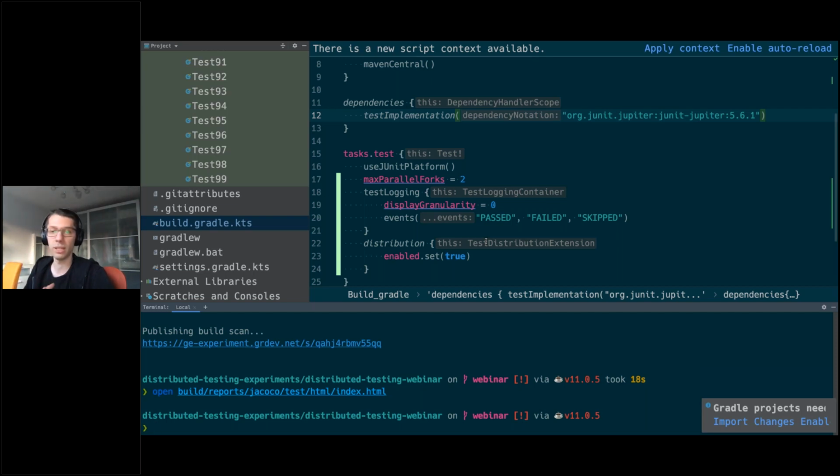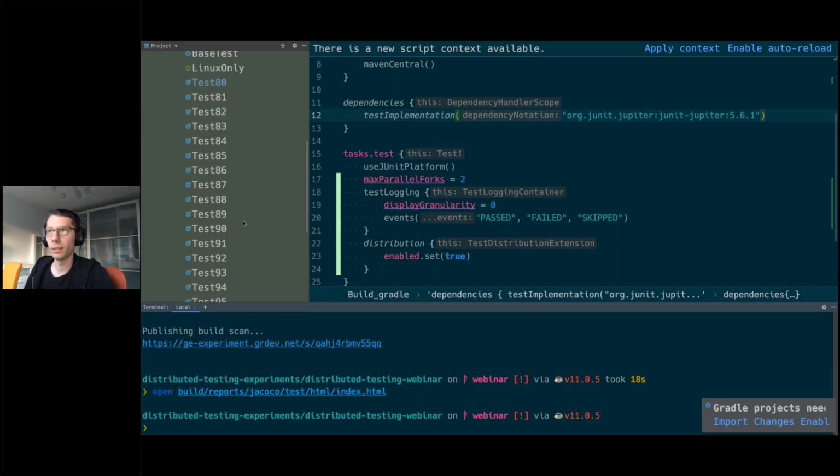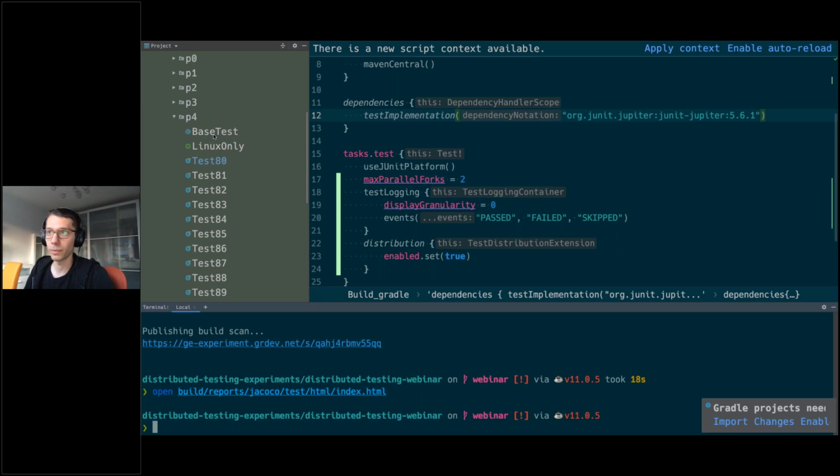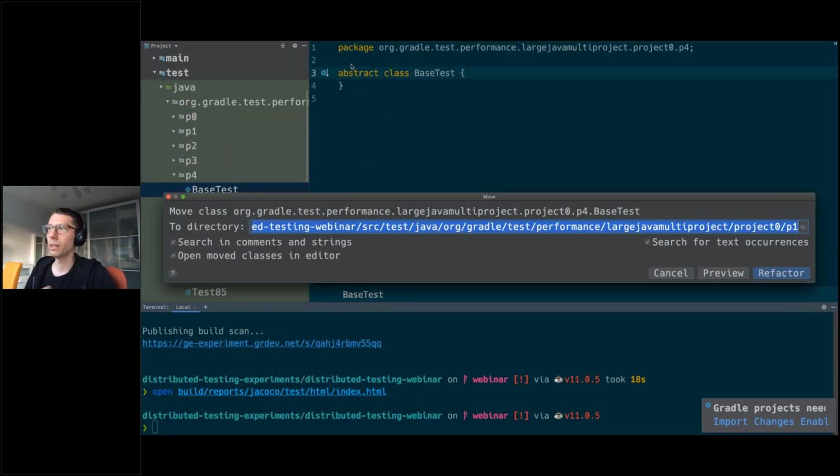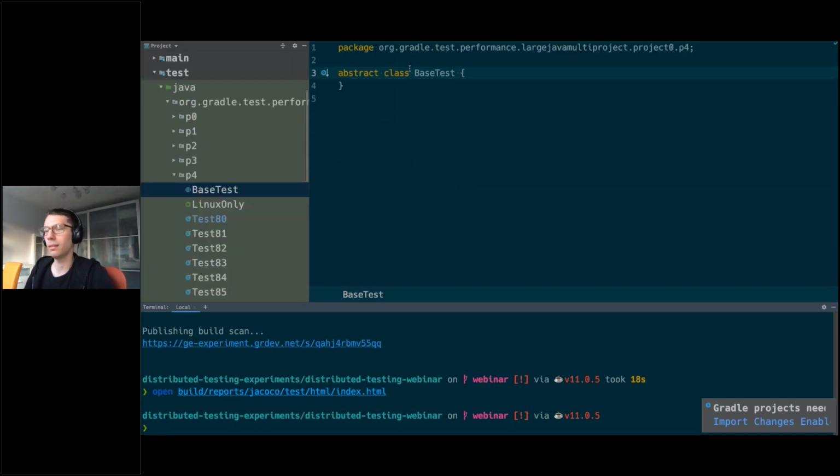this cross operating system problems with file path and line endings. And so you have some tests that only execute, for example, on Linux or only execute on Windows. And I really want to show you how we support that. So I have this base test in the P4 package that all the other tests inherit from. So whatever configuration I apply to this base test will be applied to all the other tests. And I also prepared the Linux only annotation